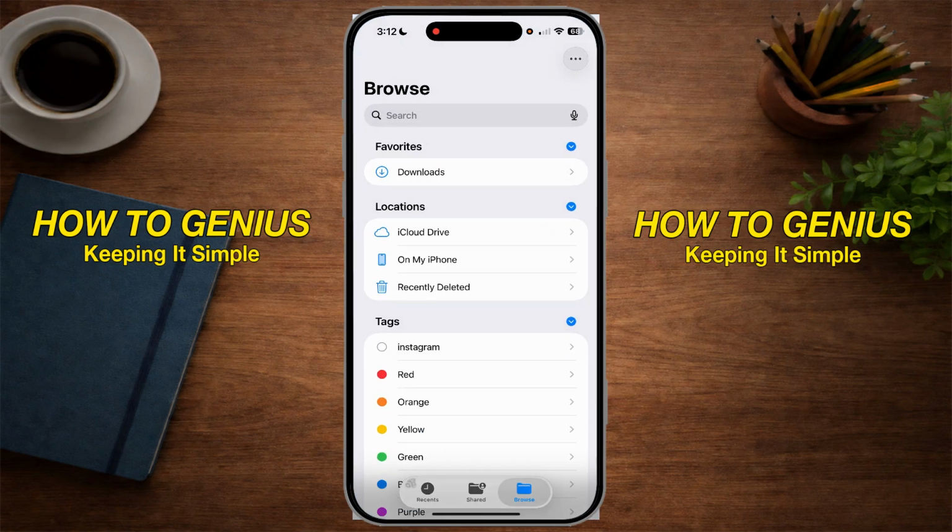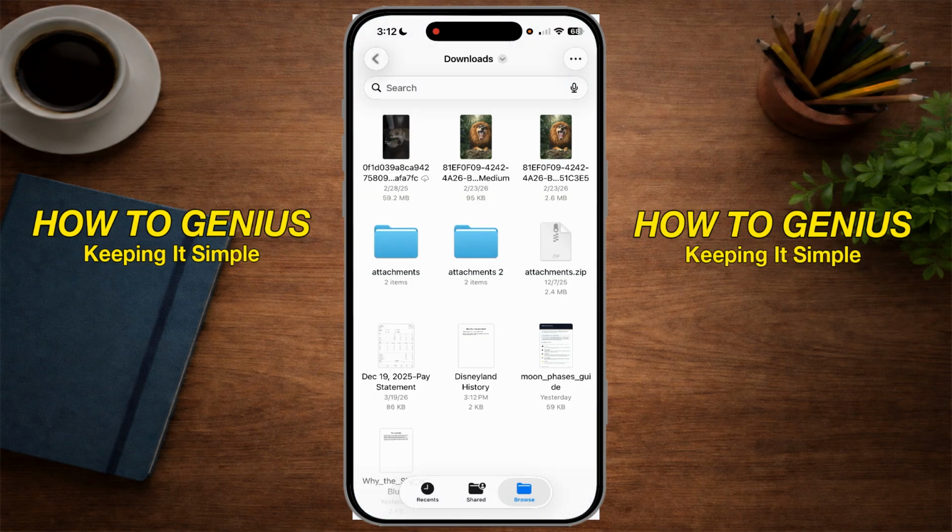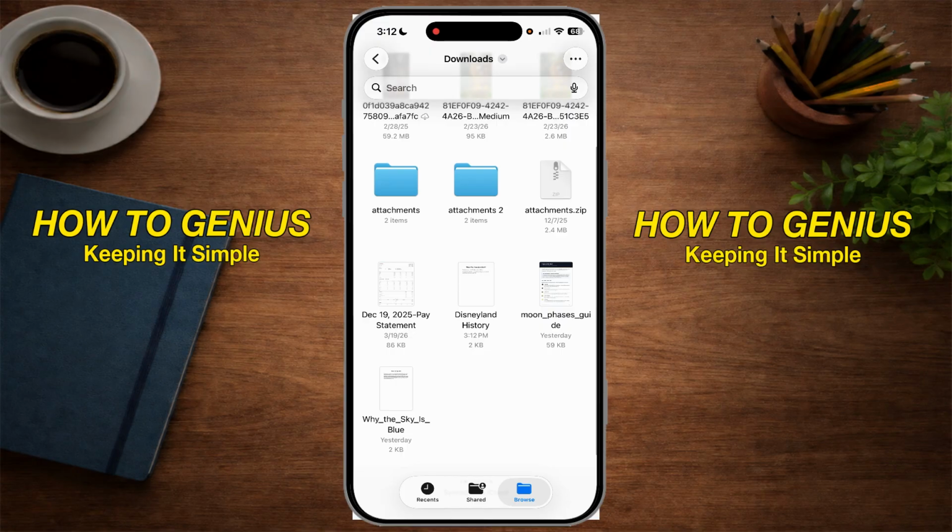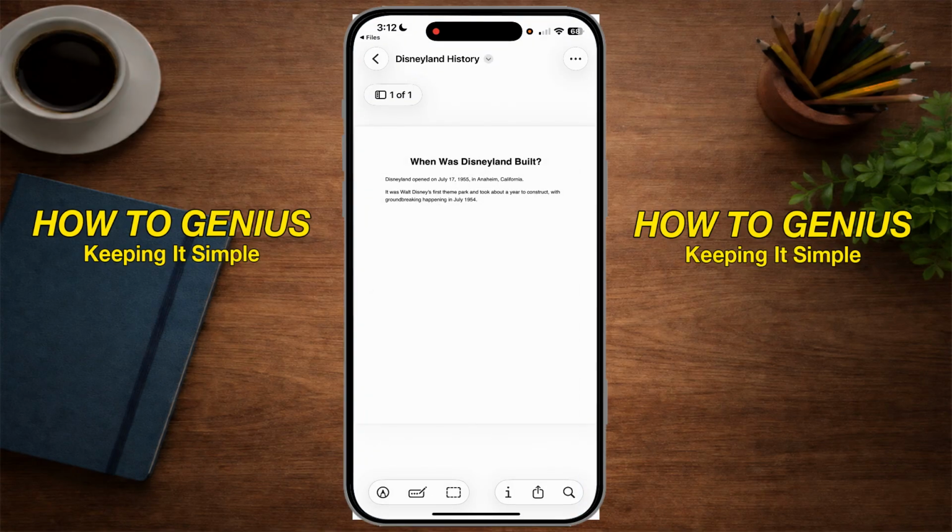And then if we were to back out of here and go to our Files app and then go to our downloads, you'll see the Disneyland history question that I made, and that's it. It's super simple and super easy to download a PDF from Claude on your iPhone once you go ahead and ask a question, and simply just ask it to give you a